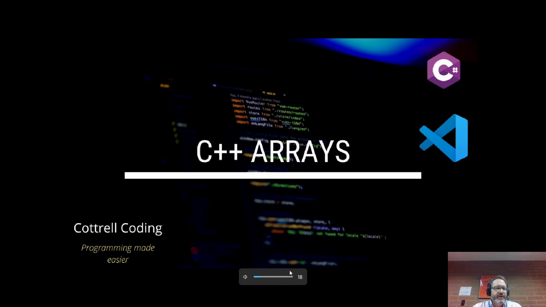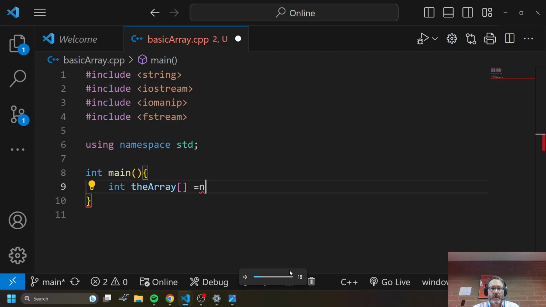Hi, in this video I'm going to demonstrate how to use C++ to build an array. I'm going to build a standard array, populate and print that array, and then demonstrate how to pass it into methods. So I've got my basic structure here,